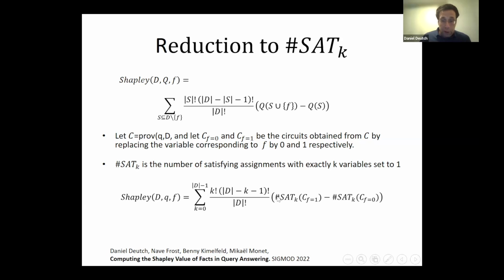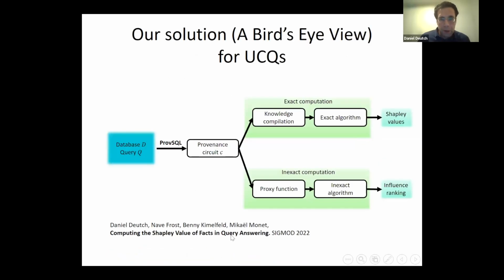Of course, computing #SAT_k for a circuit is a difficult task. And we know from the theoretical results by Benny and collaborators that the Shapley value computation is generally hard, and they have established a beautiful dichotomy result on when it is tractable. What we did in this joint SIGMOD paper is to develop a practically efficient approach that first compiles the provenance